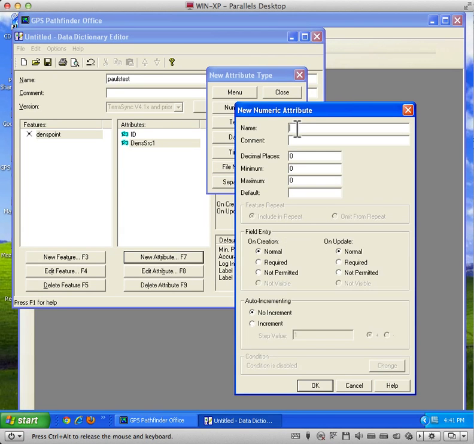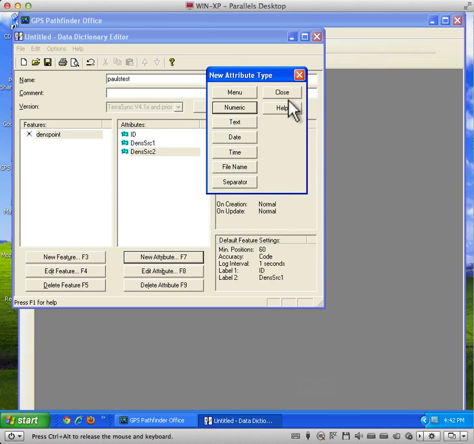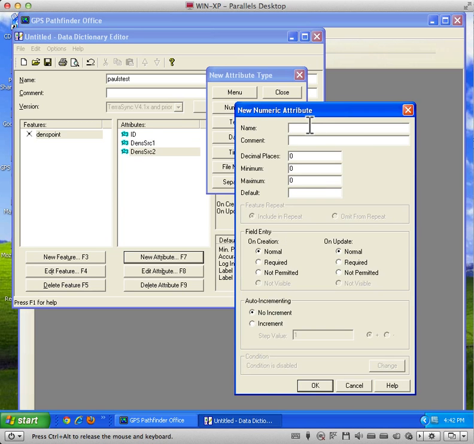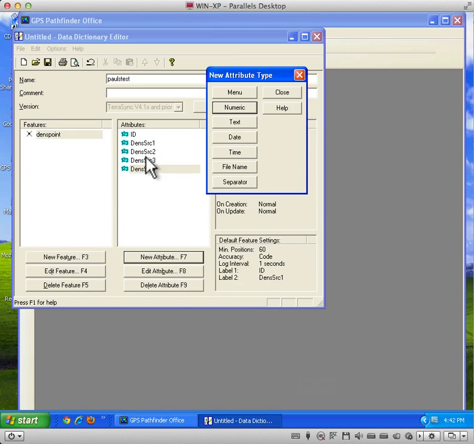Now we ask you to do 4 of these, changing the values of the name because we want you to enter in the 4 cardinal directions, but everything else will be the same, a -1 minimum, maximum. And I just go ahead and enter the additional ones. I'll take this offline so this doesn't get to be too long a video and come back when I'm done. Okay, I finished entering the 4 densitometer measurements, but now I ask you to provide a